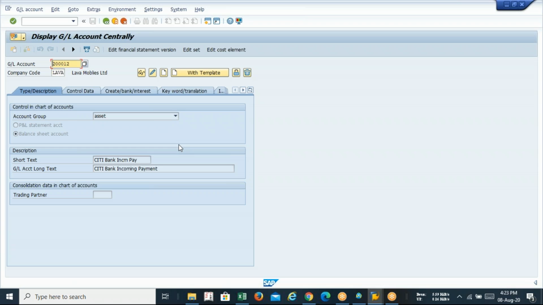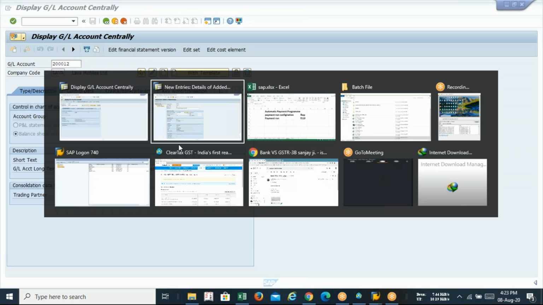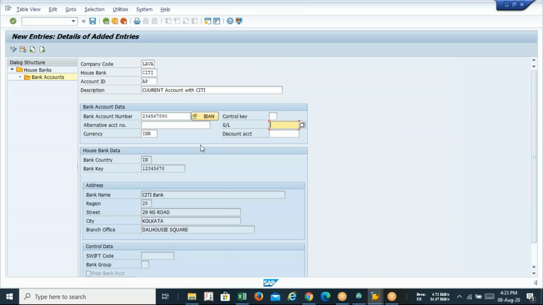At least whenever you will be creating the same GL. Sometimes it will be required. We need to create back-to-back same GL, especially in asset accounting. So that technique will help us. We'll only be changing the description, but the rest of the part, like control data information and create bank interest information, will remain the same for each and every GL, so we just copy from one master GL. So after creating all these 3 GL, remember one thing,